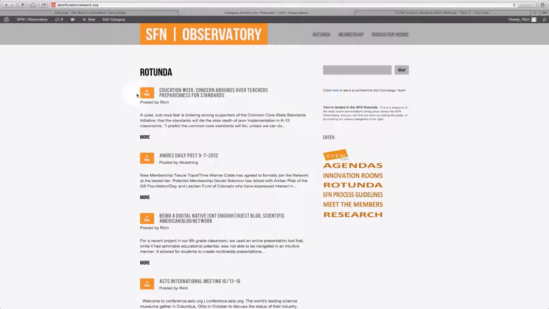This is where you'll find the most current conversations, whether they are posts by Angie about this week's activities via email or other exchanges that members may be having, or other things that the members or the concierge team think are conversations of interest to our SFN in general. You'll also find that the organization of the observatory is around agendas, innovation rooms, process guidelines, information about our members,